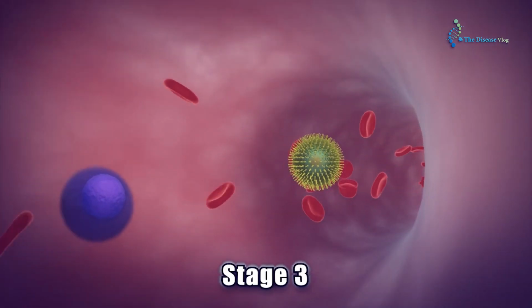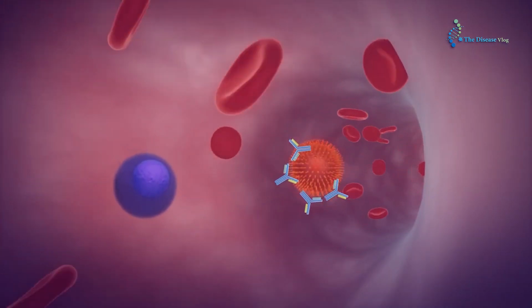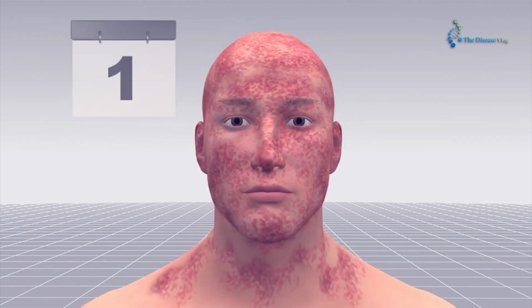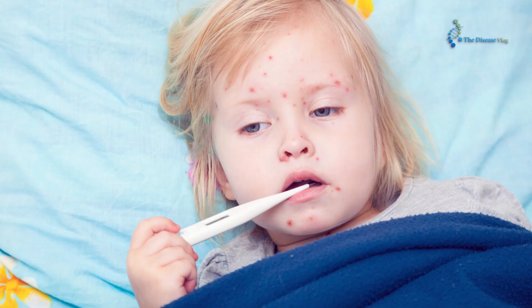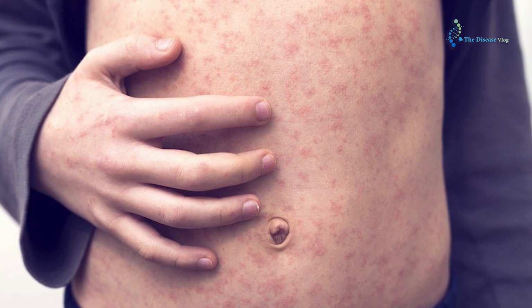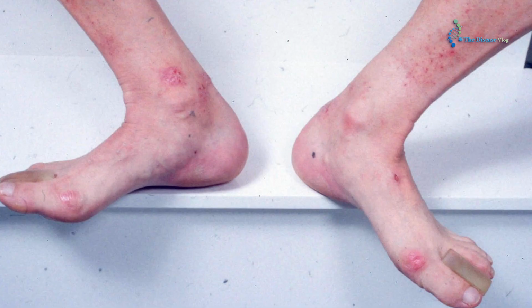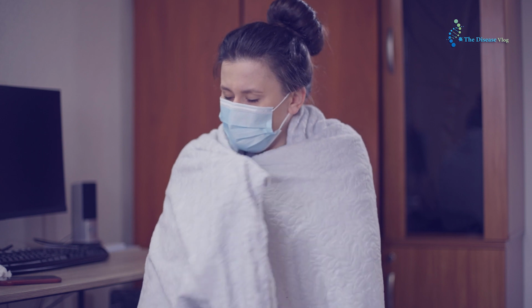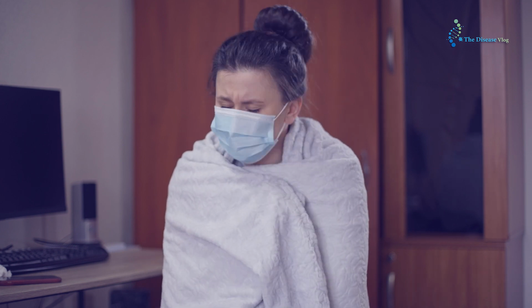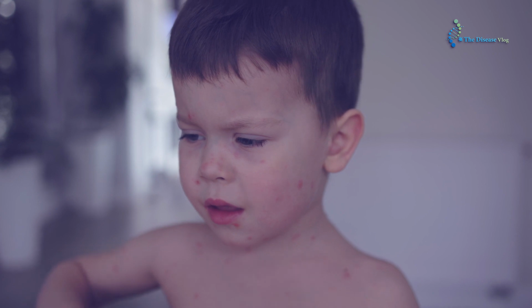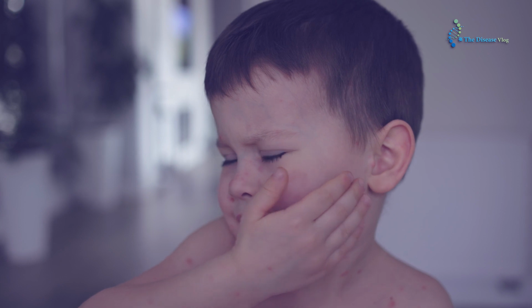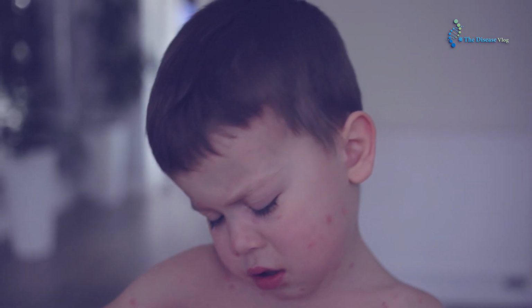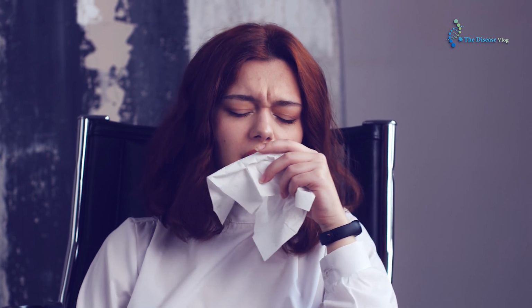Stage 3. This stage is known as acute illness and rash. Small reddish spots are formed. These spots appear in clusters and turn the whole skin reddish. They start from the face of the infected person and could spread to arms, chest, thighs, legs, and feet. At this stage, the fever of the infected person could reach 41 degrees Celsius. Stage 4. This is known as the recovery period. This is about the last 7 days of measles. The rash of the body fades, starting from the face and ending at the legs and feet. Other symptoms like cough may last a further 10 days.